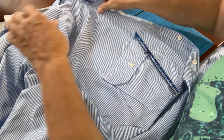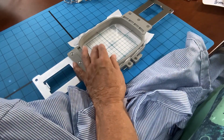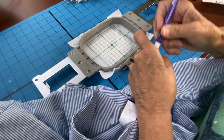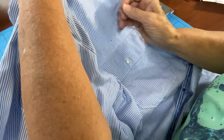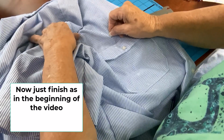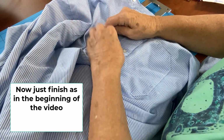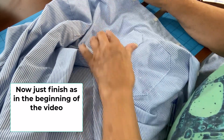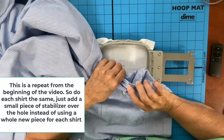So now I'll take my hoop again, where I've marked the center of it, so that I can get the 2 pieces lined up. Take a pin. Oops, I'm going to spray this a little bit first so my shirt will stick to it. Going to take a pin, put in the center of that mark. Then I'm going to put it in the center of the mark in the hoop. Keep your hoop straight, obviously. Going to push it down so that those 2 center points through that center hole or center mark that I put on the shirt. And then I'm going to line that up,